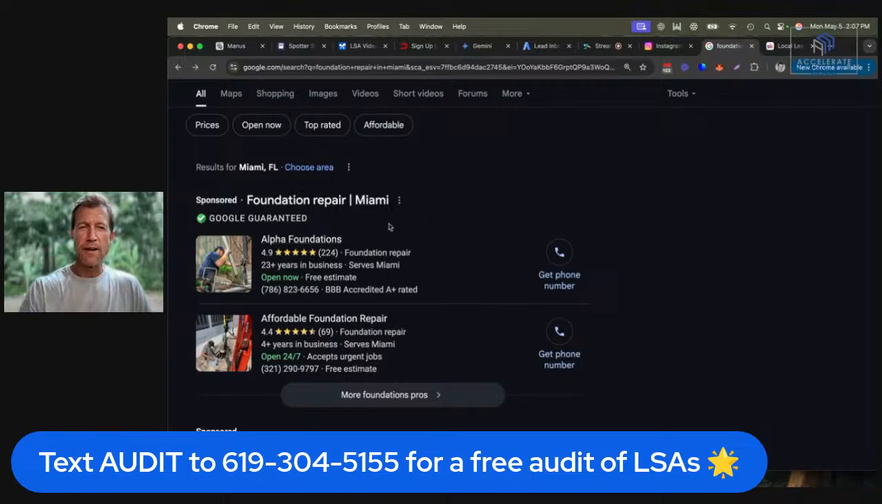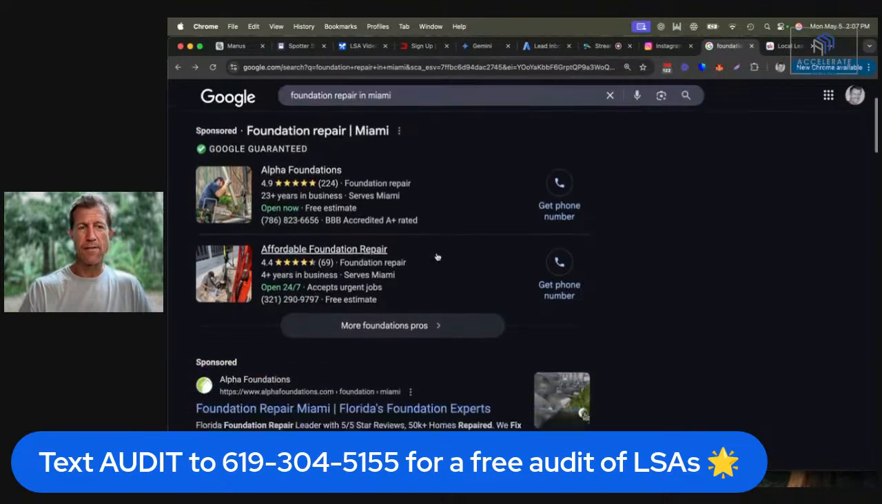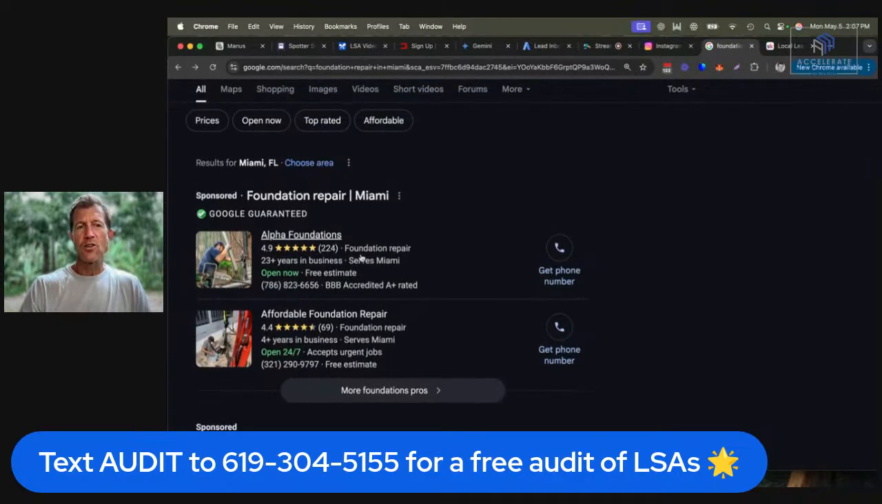And just making one or two tweaks to your page could make the difference between getting one lead per month versus 10, 15, 20 leads per month. And you really only get one shot at making a first impression on Google. And what I mean by that is that Google